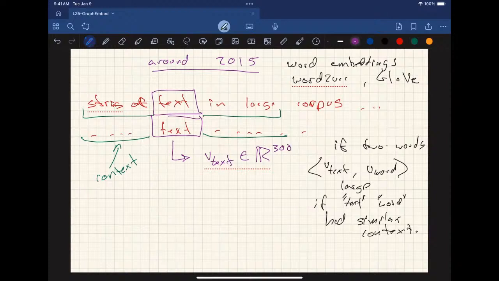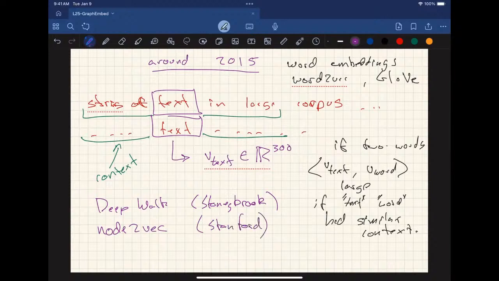First with a paper called DeepWalk, this was out of Stony Brook. And then a couple of years later, Node2Vec, this is out of Stanford, said, I want to try and do this